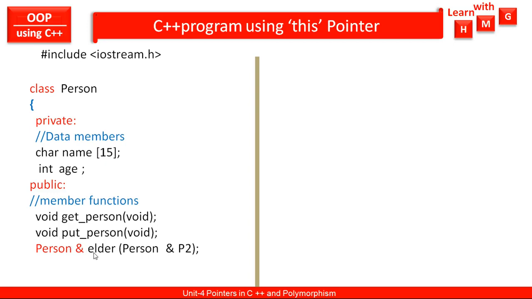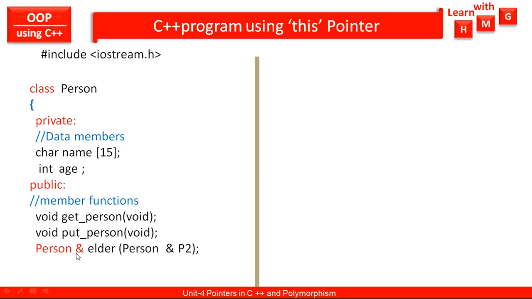Third member function is elder, which is returning a person type of pointer. So person & indicates the address operator and it indicates a pointer address. So address means pointer. So elder function is going to return a pointer to a person type object, that is the meaning